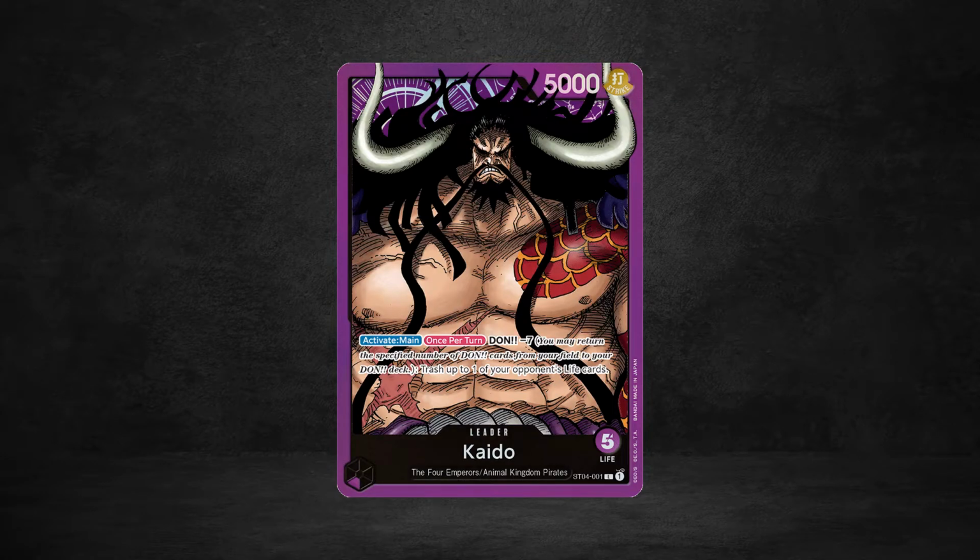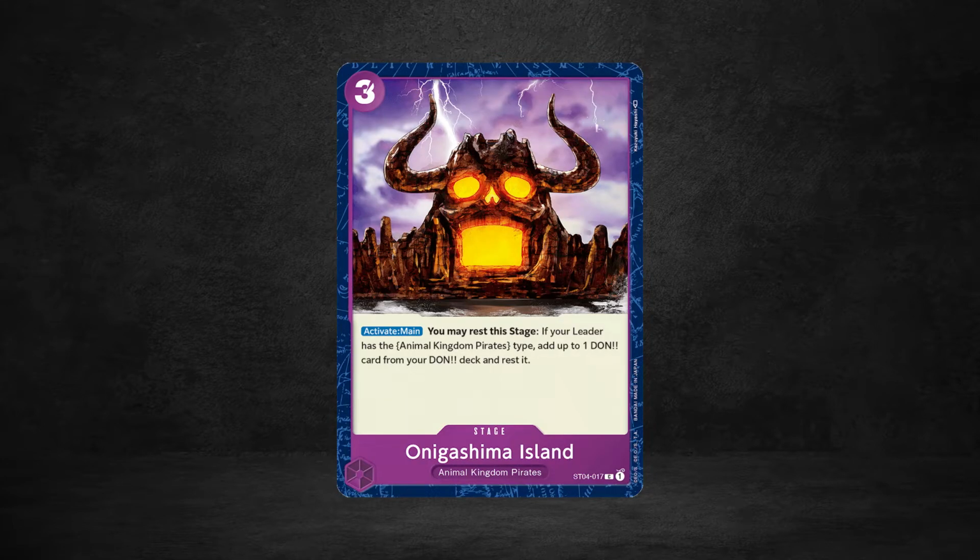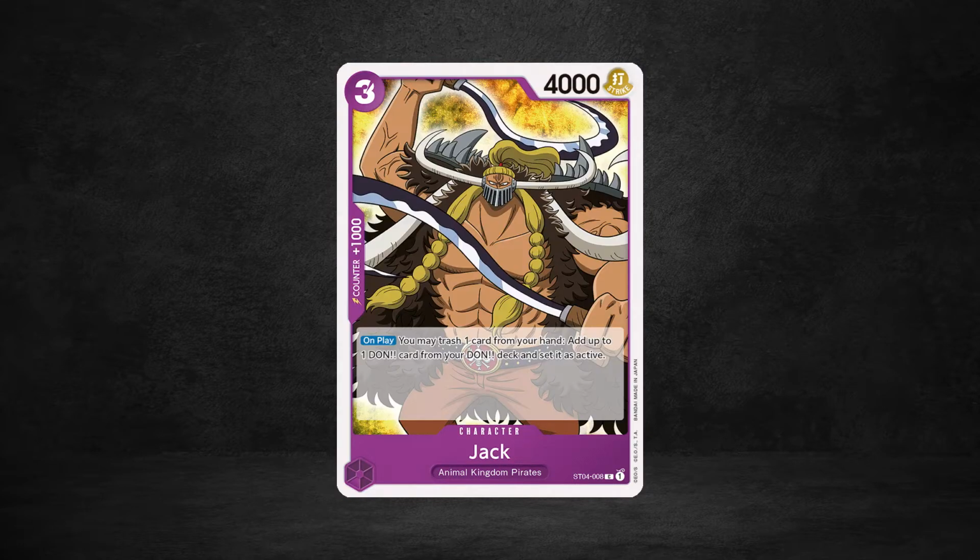The Kaido deck had a lot of good tools in it unchanged for Super Pre-Release, though it had the tendency to brick if you didn't get to ramp Don early on. So when fixing this deck up for starter deck format, the main thing to keep in mind as you make changes is to make sure that you have adequate ramp cards. I would say you should definitely keep Onigashima at 4. It may seem like a dead card in hand once you have established one on board, but remember it is good to have in your hand when you play Jack and need to trash a card from hand for his